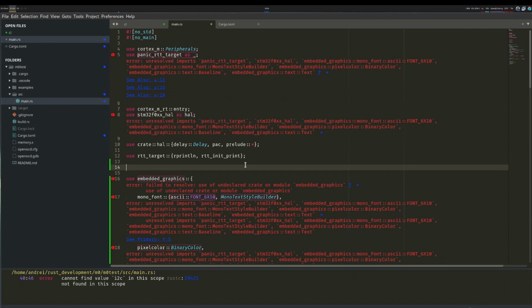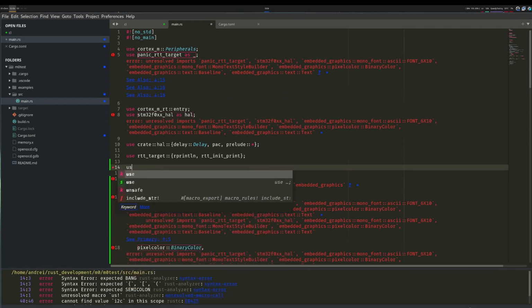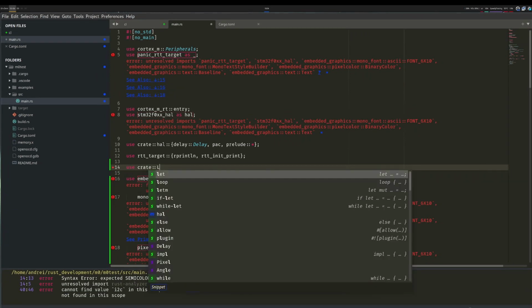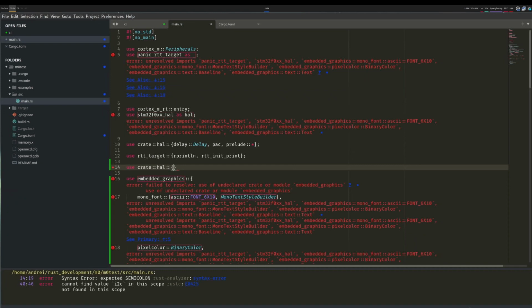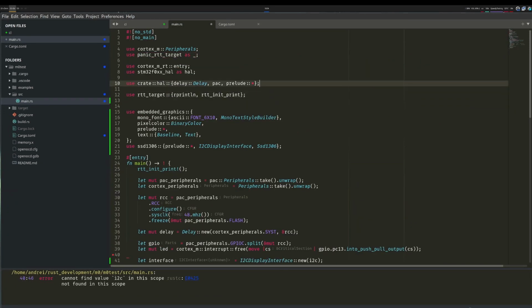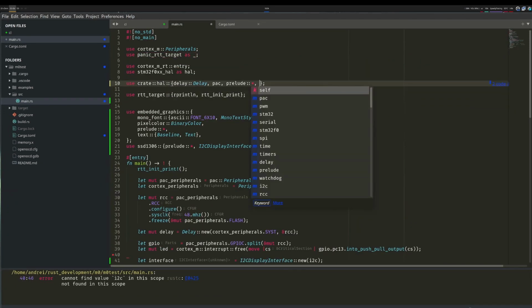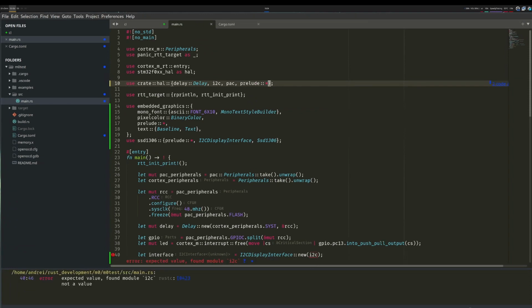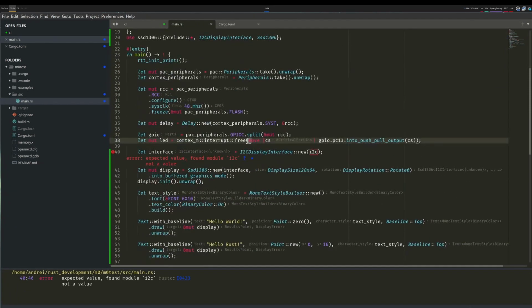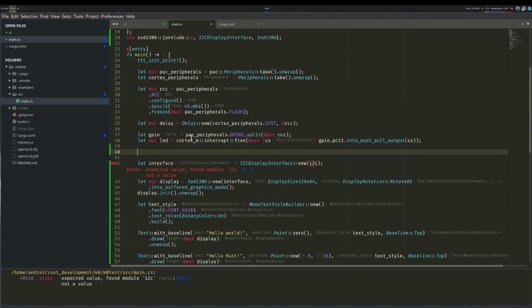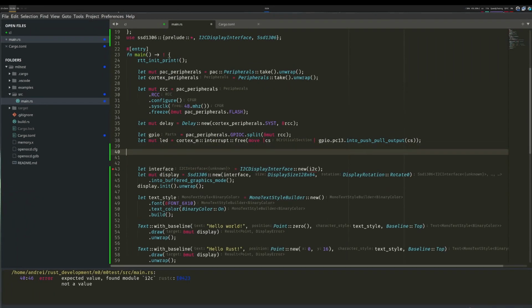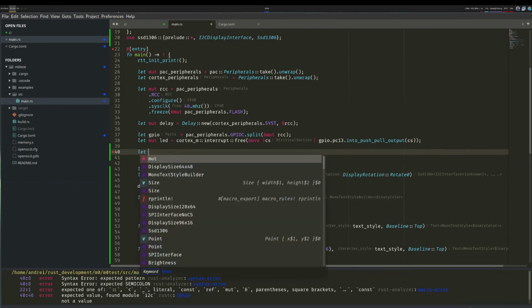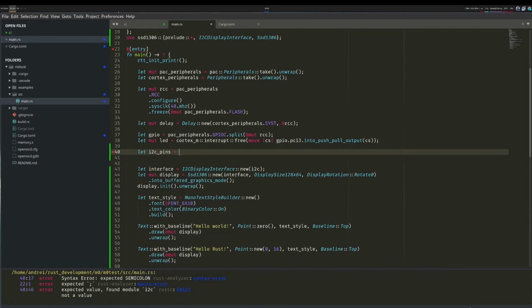So the first thing I need to do, I need to import. So I will use create. I already do this, so let's add this above. So I do I2C. Great. So I'm using I2C. I need to create I2C1. So what I will say, I need 2 pins for I2C, so I need a tuple. So I will say equals